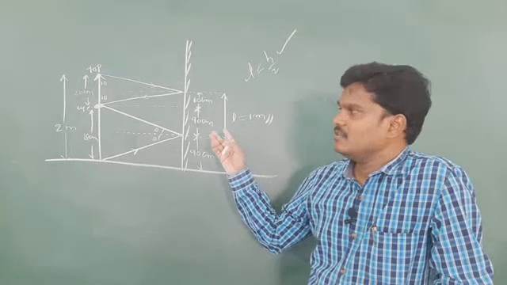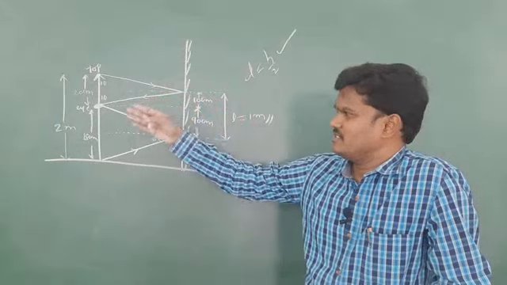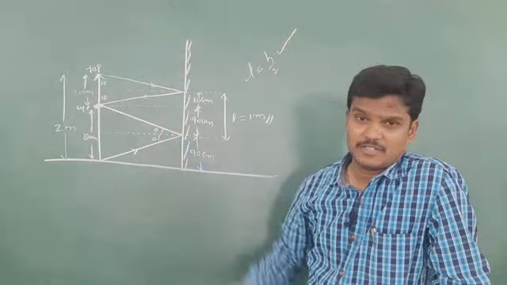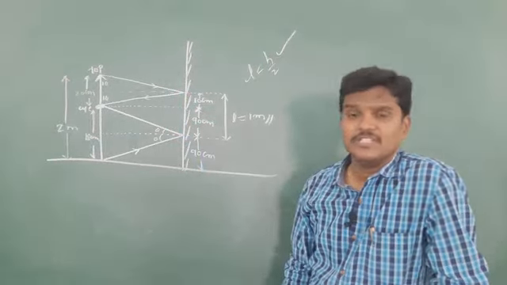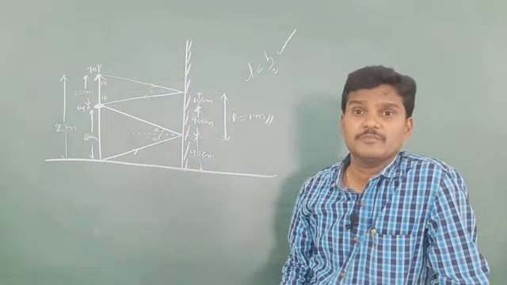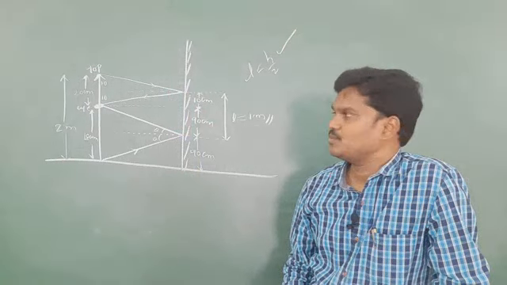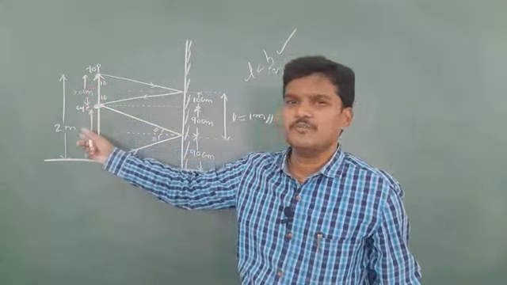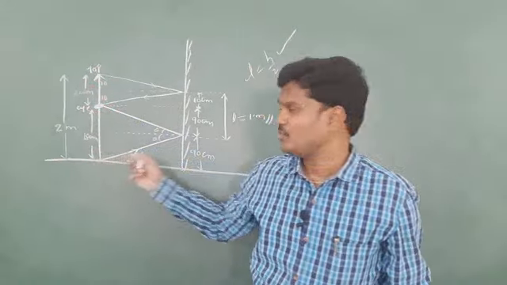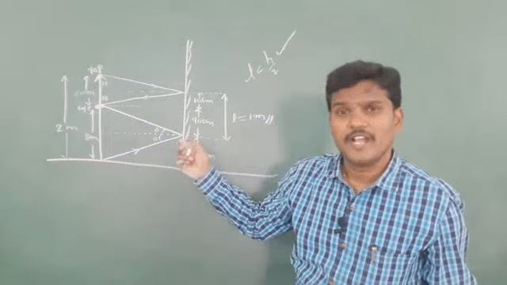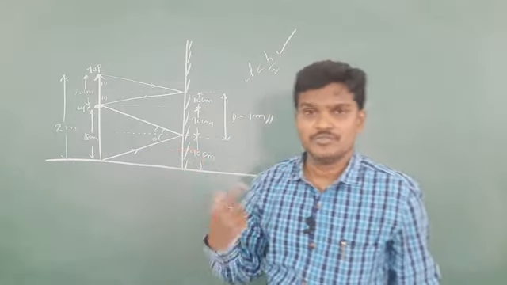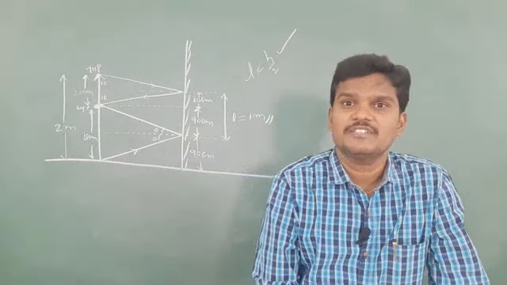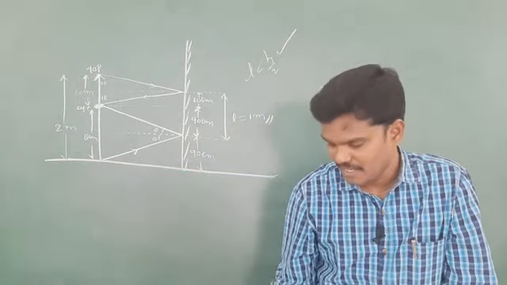So the position of the image is generally independent of the length of the mirror. L is h by 2. If the height of the person is h, the length of the mirror required by him is L equals h by 2. If the person's eye level is 40 centimeter below, this is 160. So if you shift the mirror up to 80 centimeter also, you are able to see your full image. But the length required for the mirror is equivalent to half of the person's height.